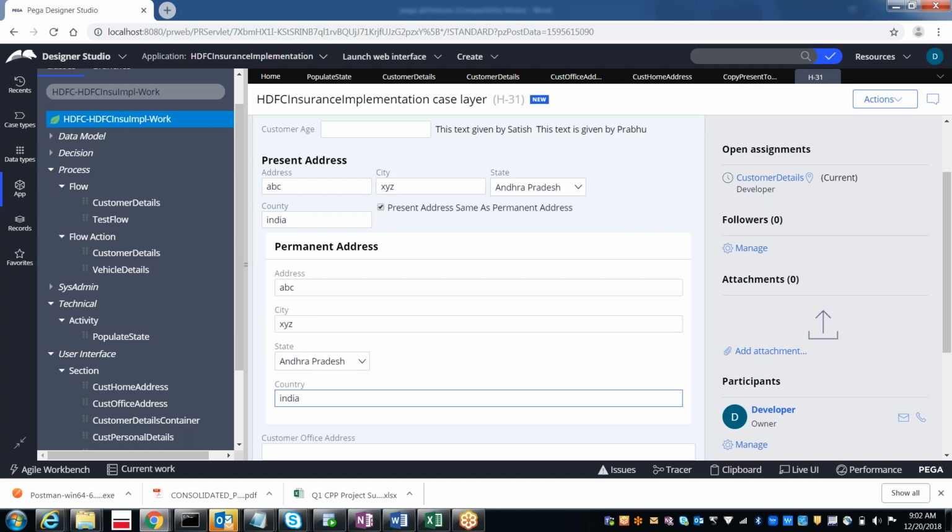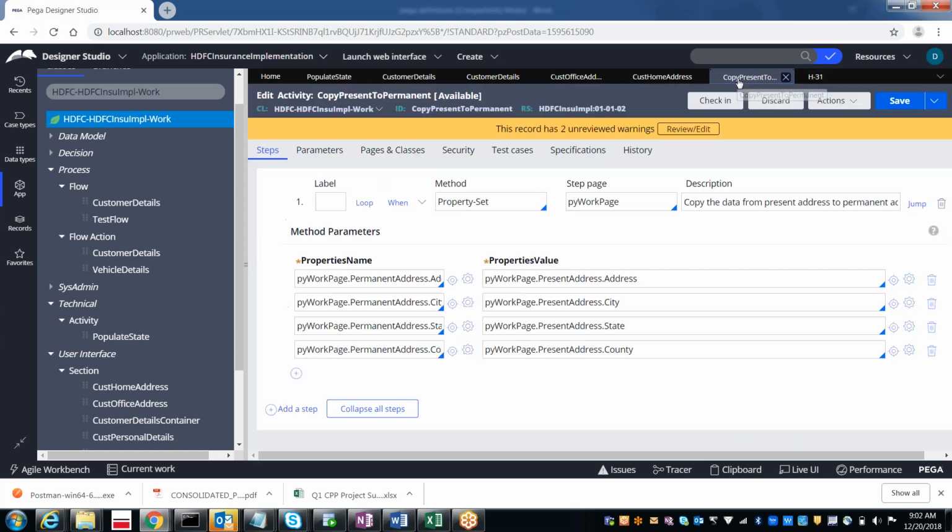So this is the way we can implement the functionality. We are copying the data from one property to another property, from this address to this address, from this city to this city, from this state to this state, and then this country to this country. So like that we can create an activity.